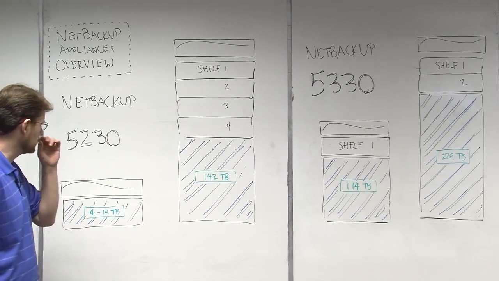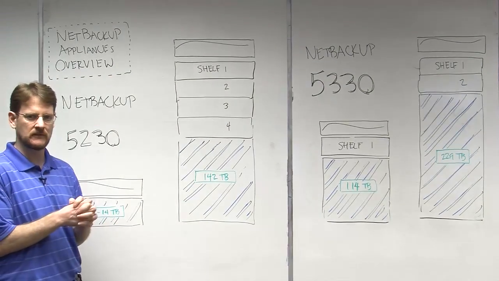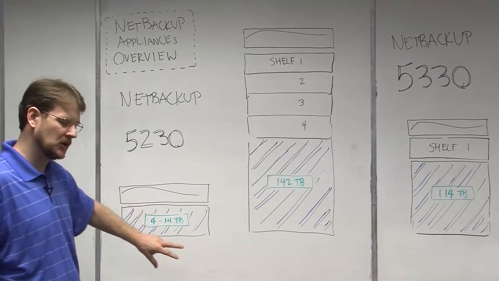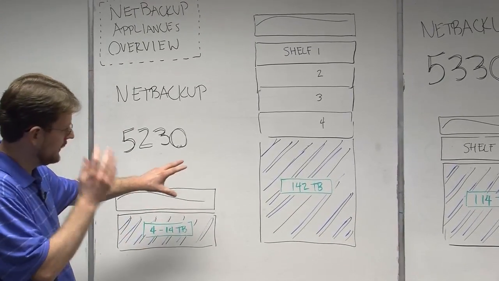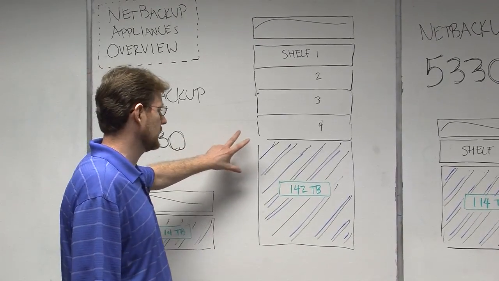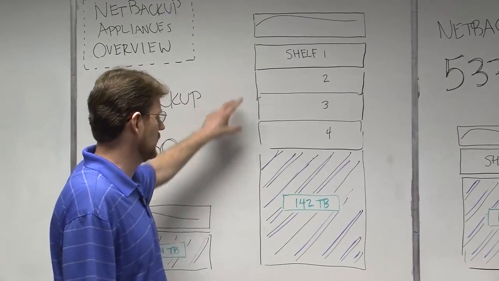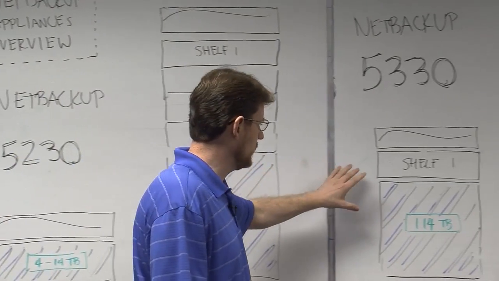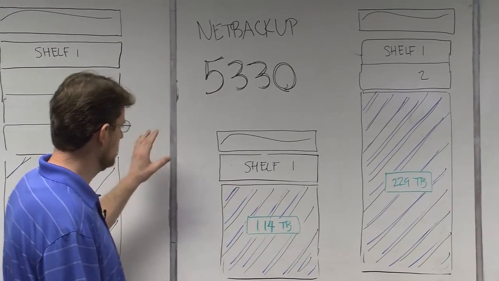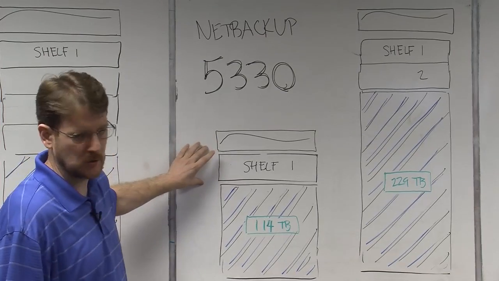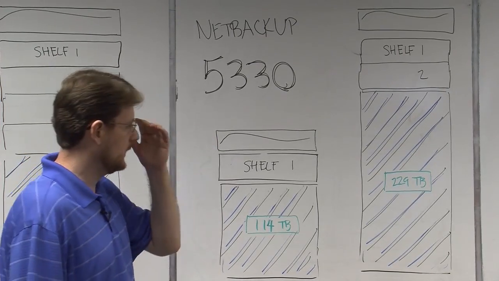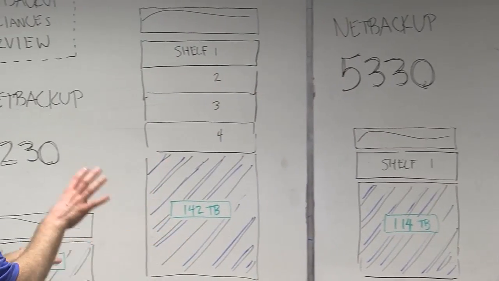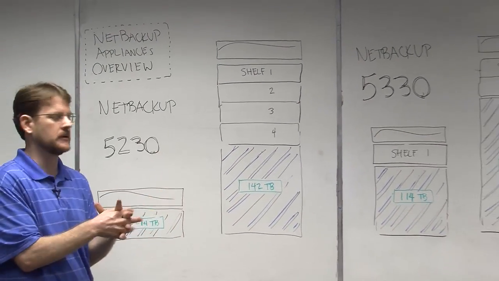So first of all, as far as storage scale, the 5230, as a standalone node, can offer from 4 to 14 terabytes of storage space. We used to recommend that you can stack additional storage shelves and achieve up to 142 terabytes of storage with the 5230. Over here we have the new older brother of the appliance. So the standalone node with one shelf can go to 114 terabytes and scale up to 229 if you need to. Now, when to use which one, and Derek will go deeper on this in a minute,